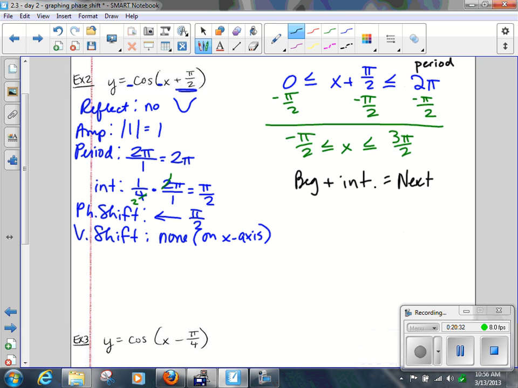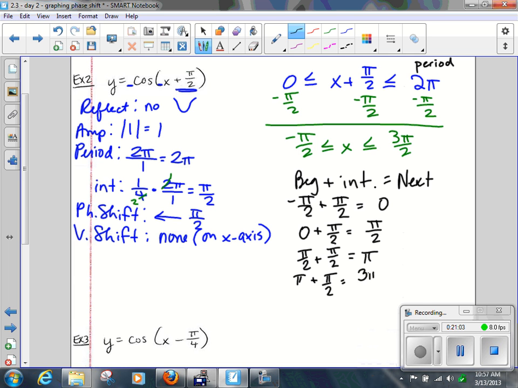Beginning is negative pi over 2 plus, what was our interval this time? Pi over 2 again. Negative pi over 2 plus pi over 2 is 0. Put 0 down here. 0 plus pi over 2 is pi over 2. Pi over 2 plus pi over 2 is pi. Pi plus pi over 2 is 3 pi over 2. Am I done? How do I know? Because I reached